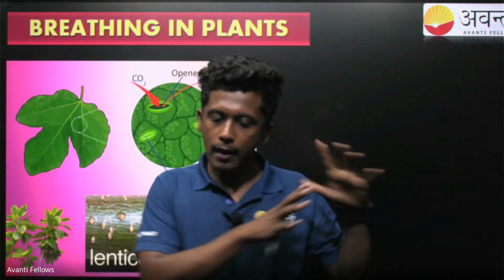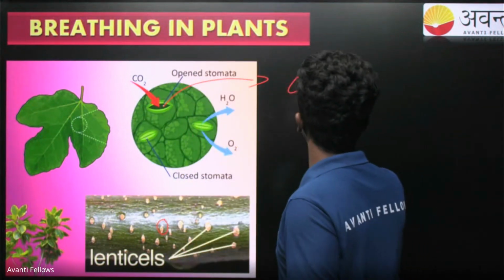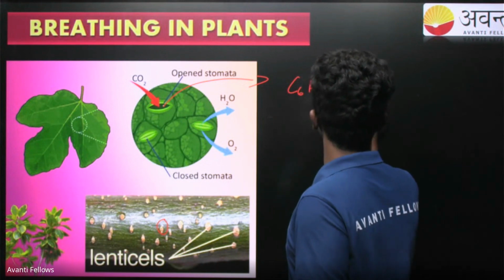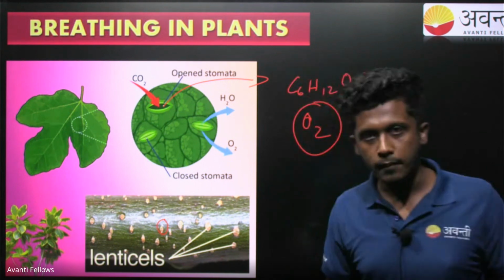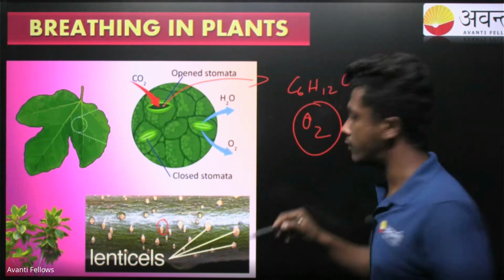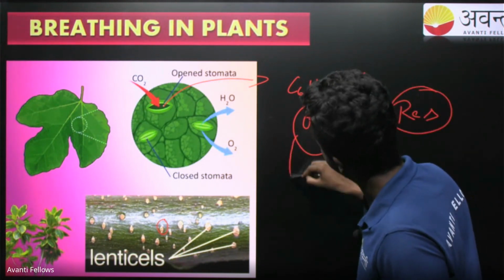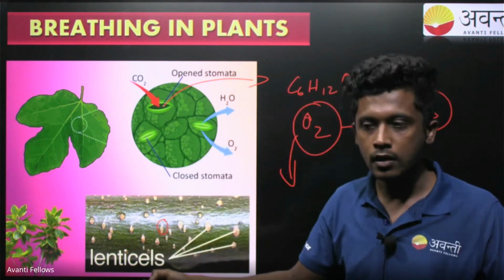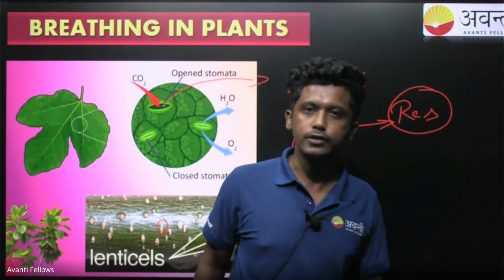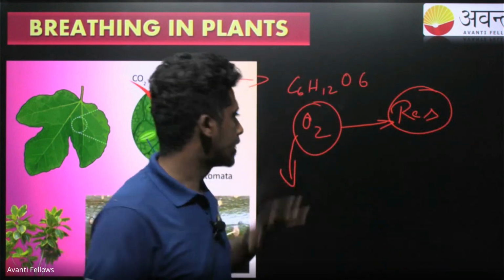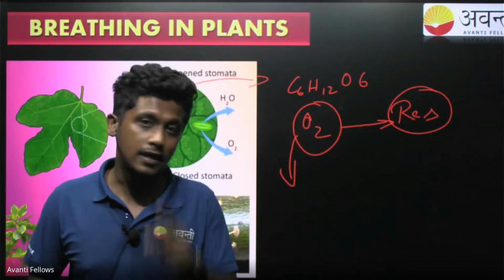One of the fascinating things that we can understand is that plants do not require as much breathing as animals do. We have to continuously breathe, whereas plants don't have that obligation for many reasons. If you observe the process of photosynthesis, you know that the byproducts of photosynthesis were glucose and oxygen. This oxygen is very important for the process of respiration. Plants give out oxygen as a photosynthetic byproduct, so they don't have to completely depend upon the atmosphere for oxygen. They have it within their cells, and they can redirect this oxygen for respiration. That is one major advantage.